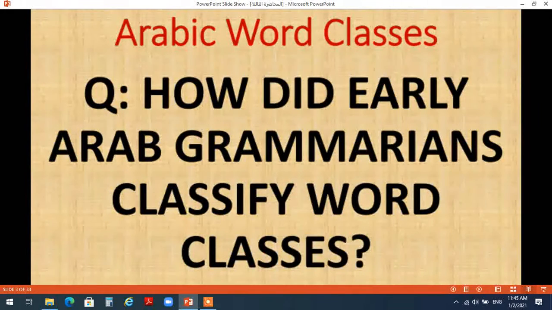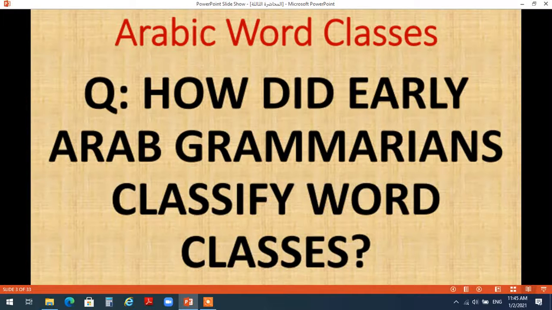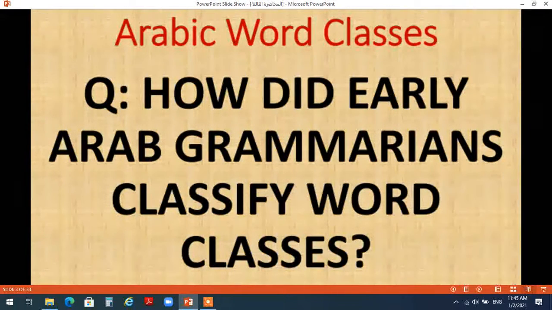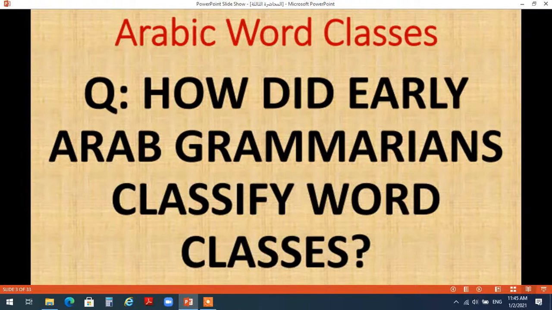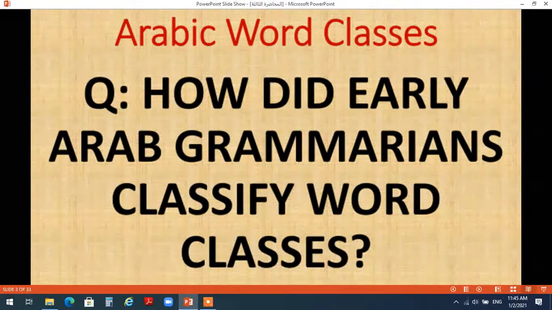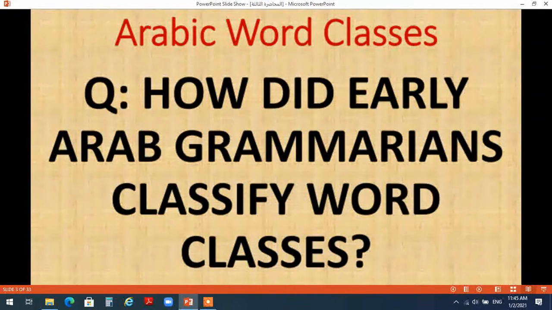We will start with the first topic, which is Arabic word classes, and we will start the discussion of this topic by raising this question. How did early Arab grammarians classify word classes? كيف صنف النحاة العرب الأوائل أجزاء الكلام في اللغة العربية؟